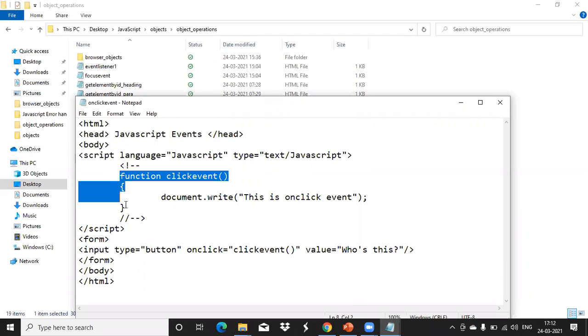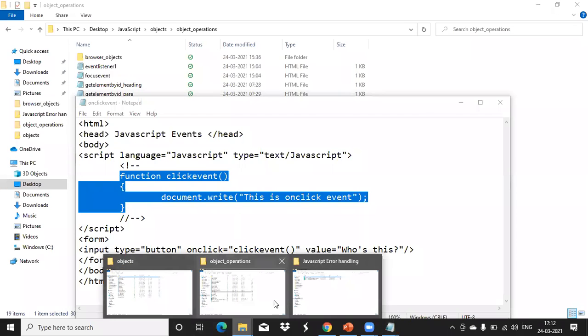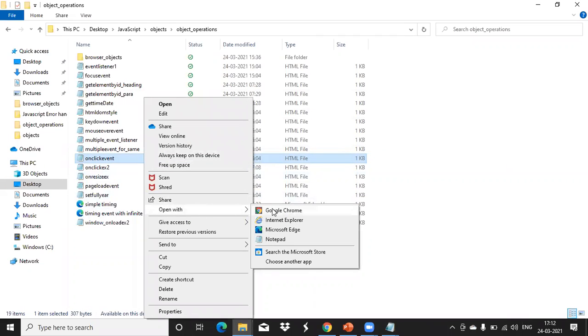If I click on that button, this particular function will be invoked. Same operations as we did previously. If I click on that button, it shows you this is on click event.